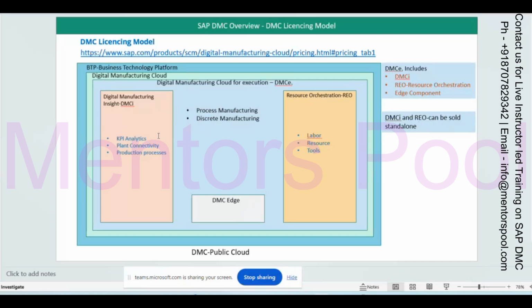SAP ME is only built for discrete manufacturing. You can do your process manufacturing with SAP ME also, but you have to do a lot of custom configuration and custom enhancement. As a standard, it is built only for discrete manufacturing.